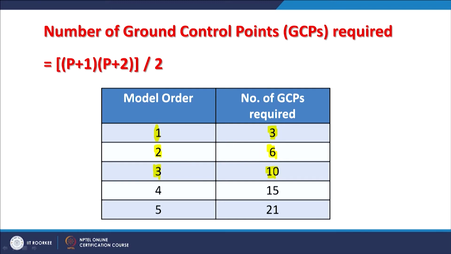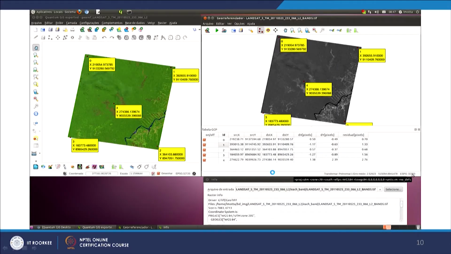If you only need to remove the warping, change in scale and rotation, then third order would be more than sufficient. Standard software, that is why they have implemented in georeferencing tools, only up to third order of polynomial equation. Now, how we do it: on the left side we are seeing an image, and this is a demonstration of a particular software. So, on the left side you are seeing an image which is in geometric domain, on the right side you are having an image which is in